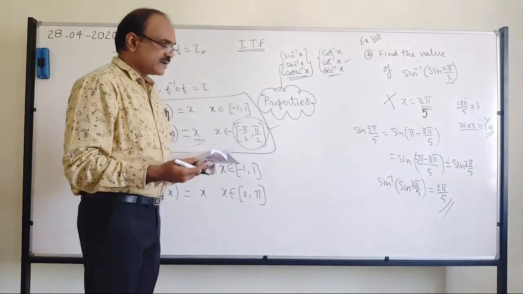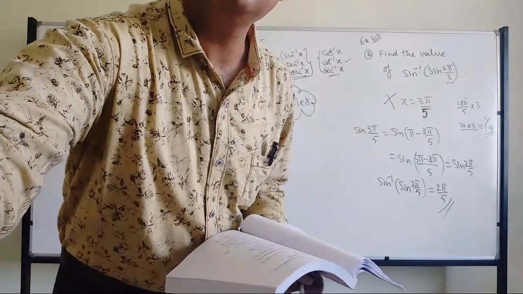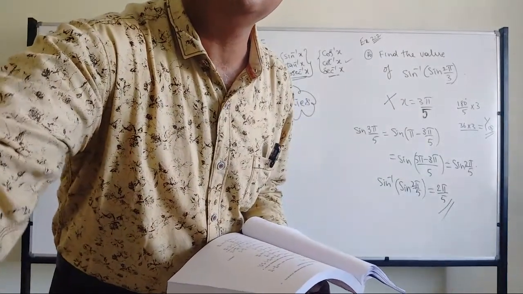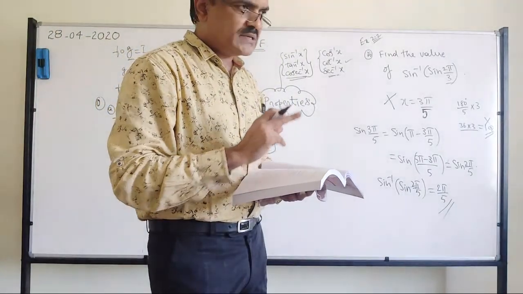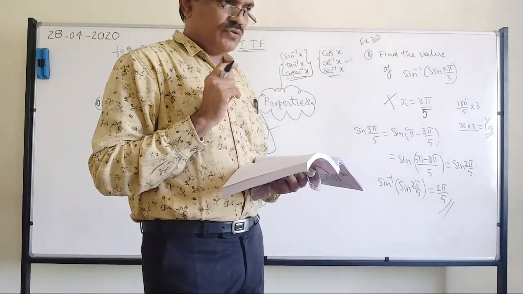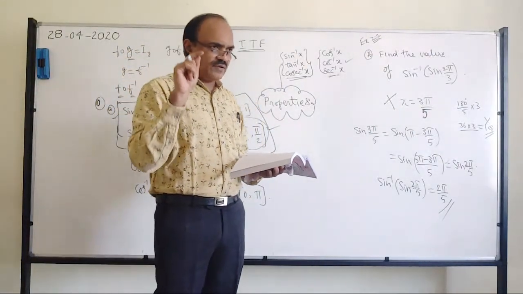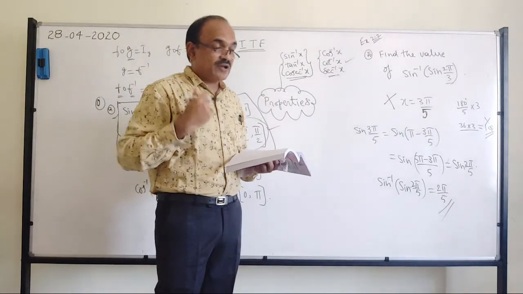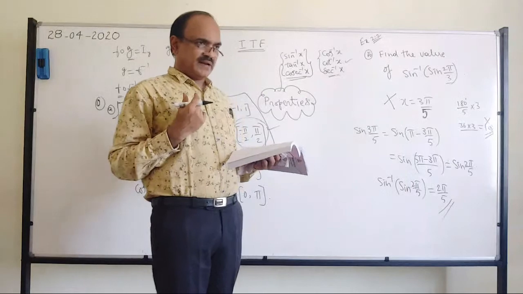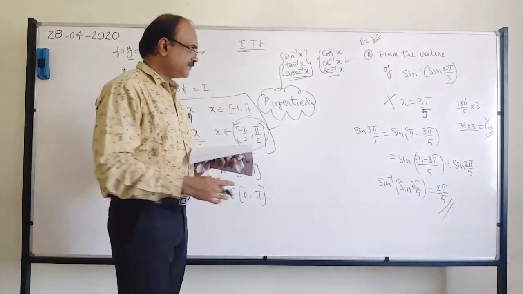Sir, the board is not clear. Oh, is it so? It's clear. There is a call coming here. What you should do, Kalavati, is increase the quality on your side. How do you do that? Please click on the 3 lines there. If you click on that, it will show the pixel quality. Make it 480 pixel quality in your mobile or laptop, whatever you are using. Then it will be clear for you.